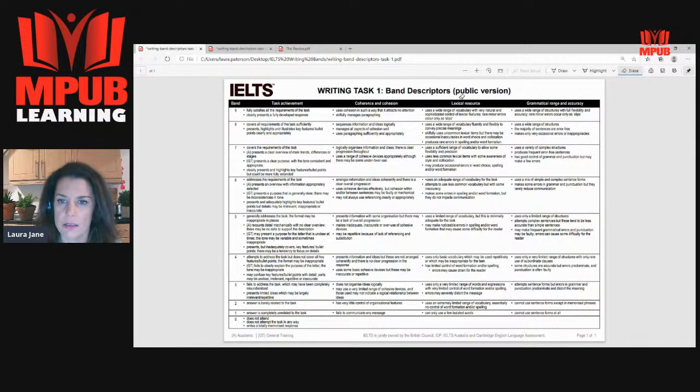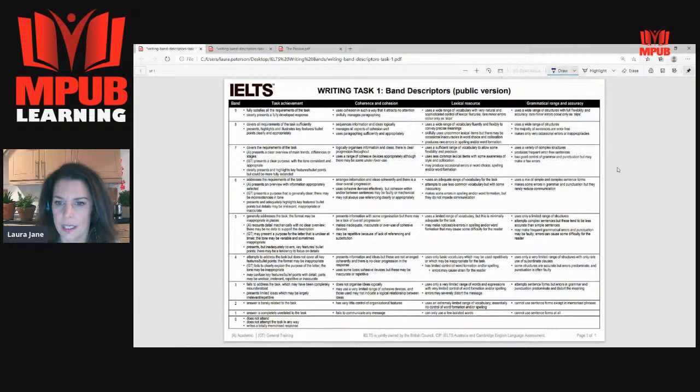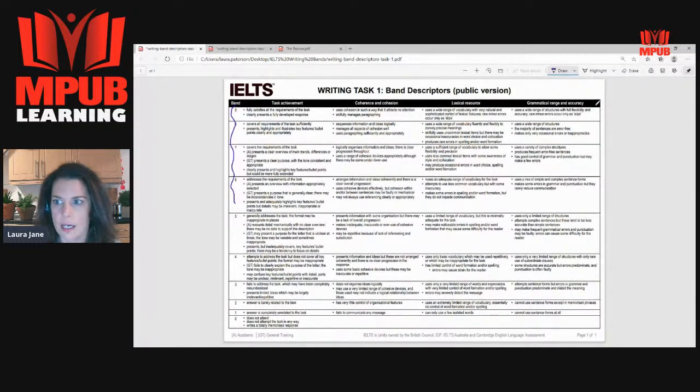Lexical resource, well, that's just vocabulary, and grammar, range, and accuracy. So let's have a look at the, I'm going to get my colored pens out, very exciting. Okay, so if we have a look, say 6 upwards, that's what we're going for here, wiggly purple line. All right, so, and if we focus on grammar here, you'll see,